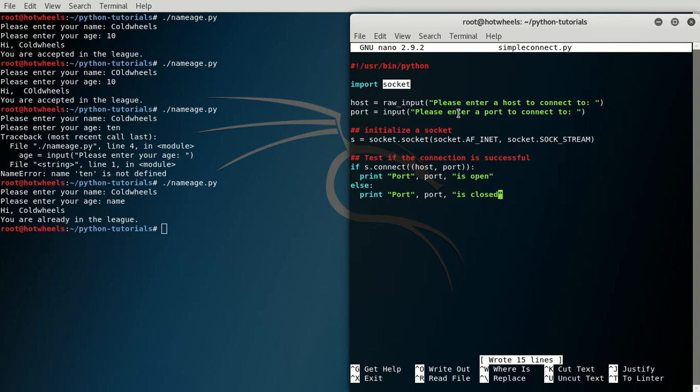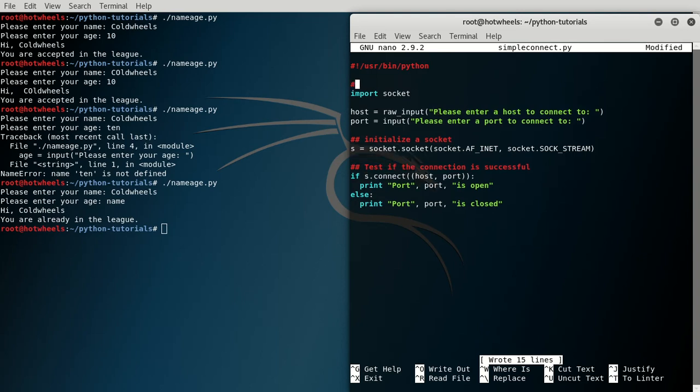Well, first, what's an import? Think of Python as a mechanic. A mechanic can do so much with his bare hands, but there are things he can do only if he has the right tools. And this socket, you can think of it as a bag that contains the tools necessary for the networking operations, so that Python can make a socket, or use the connect function, or the connectx function, as you will see. So this tells Python, hey Python, please fetch me the socket bag, but it's not called a bag in programming anymore,